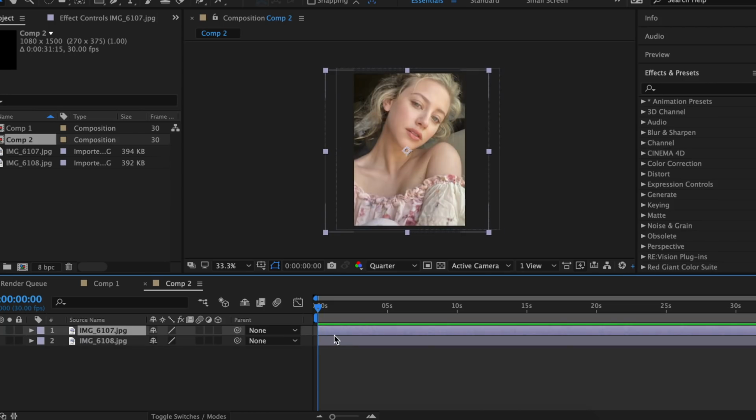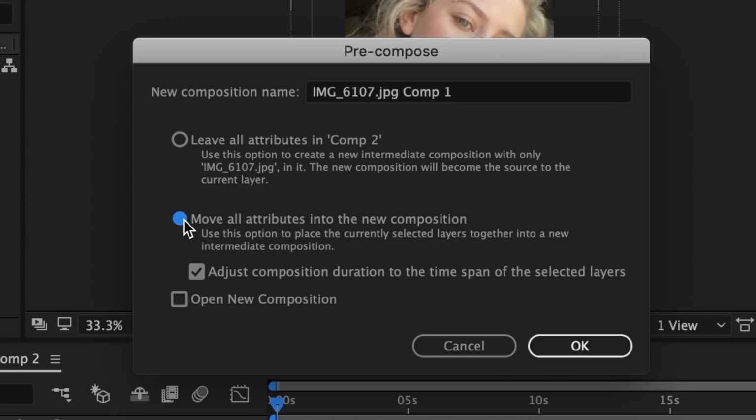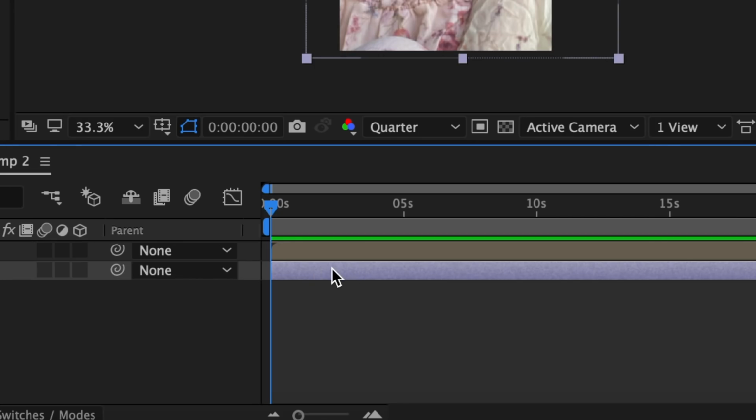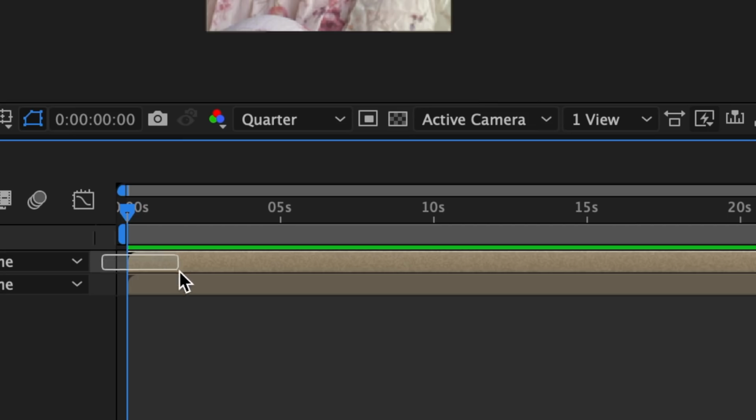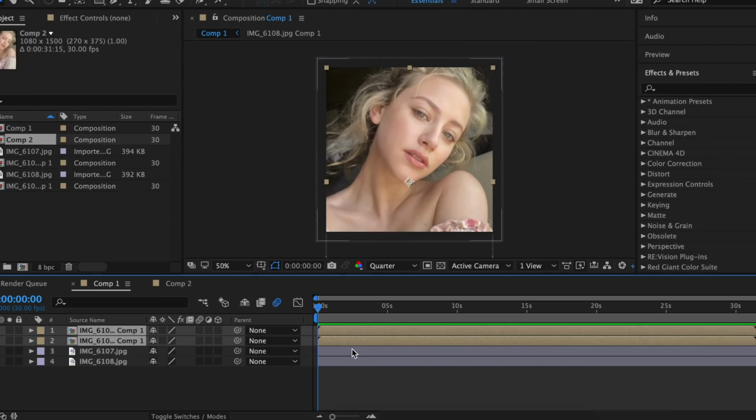Now we're going to pre-compose both of our photos. Just right click and click on pre-compose. Click on this second circle and also make sure you're clicked on this square. Repeat the same steps for your second photo. Now highlight both of your clips and copy, and then paste them back into your original composition, and just delete